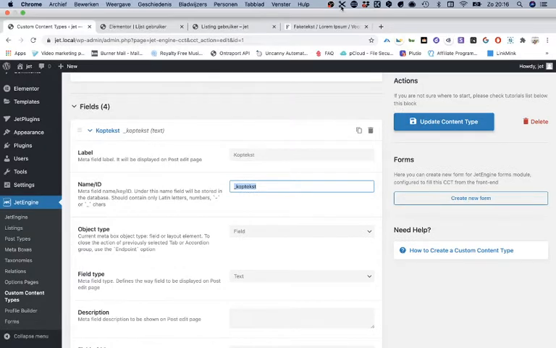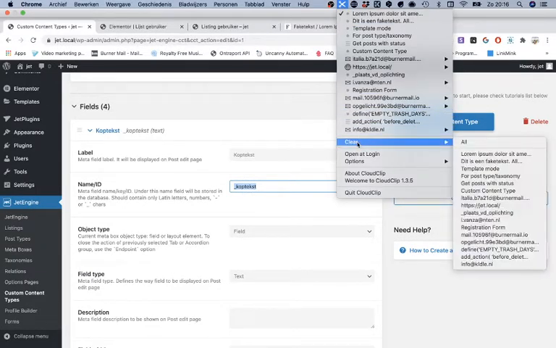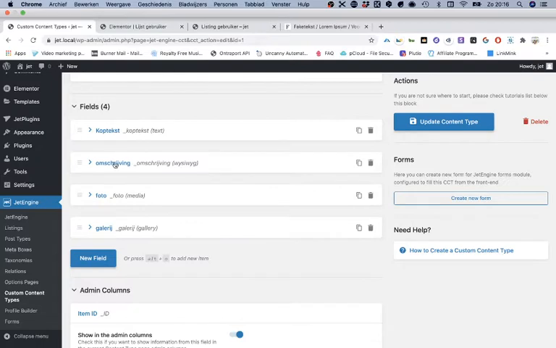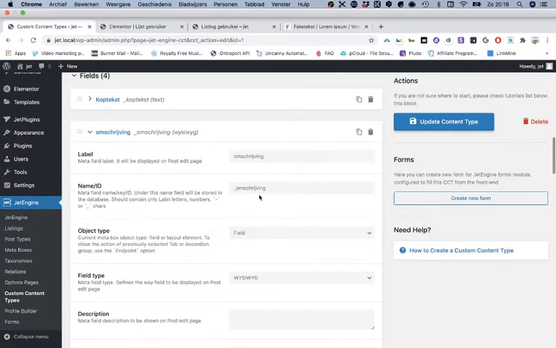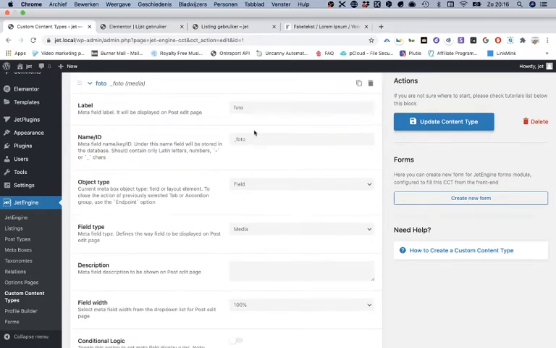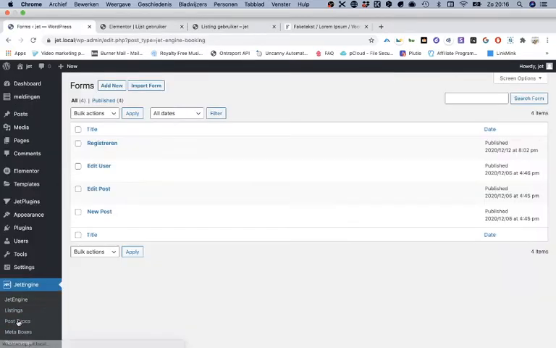So what you have to do, let me clear this, is copy all those IDs. So this ID from this field, and then you have here another ID. You have to copy this one, and so on. See all those IDs, you have to copy them. Then you go to the forms,